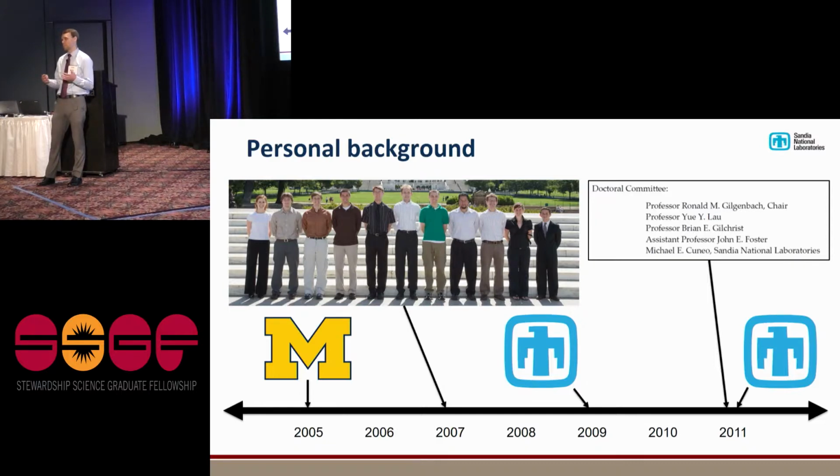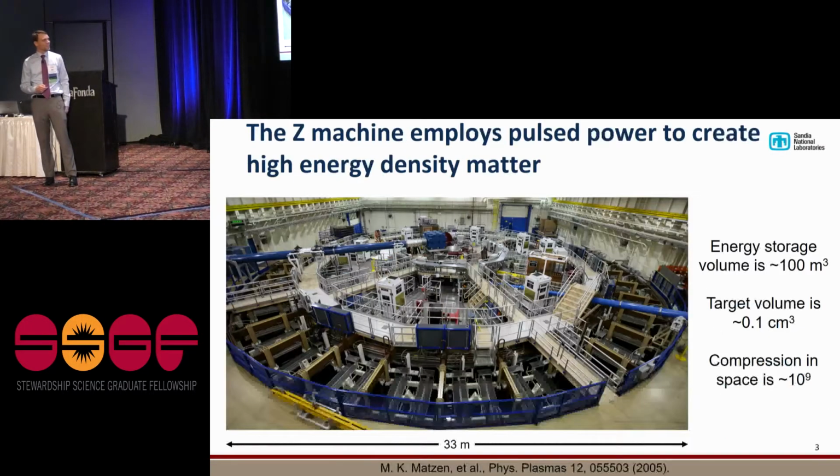consider this as a great opportunity to meet somebody who may be your future employer, some of the people who you may be working with. It's a really nice opportunity that not everybody gets in grad school. And those connections really can help you move forward in your career. And so now I'll just move on to the actual